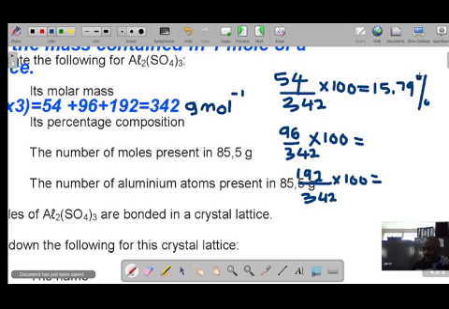Yeah, for sulfur, it gives us 28.07%, okay, by composition. Then lastly, the percentage composition for oxygen, which is the biggest,